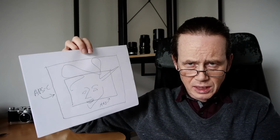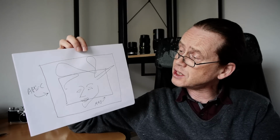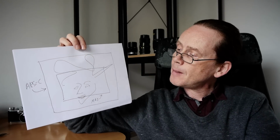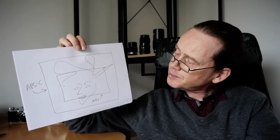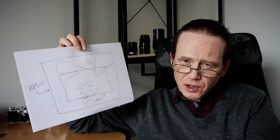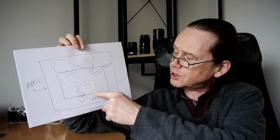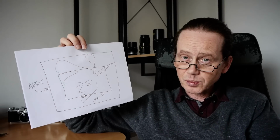Okay, so the lens is the same, the focal length of the lens is the same, but it's effectively changed. Here's our 35mm frame, here's our APS-C frame. APS-C is going to see about a third again as far, right? So your focal length is going to be increased by about a third or so on APS-C. On Micro Four Thirds, it's going to be increased by 100%. And that's all because those sensors are smaller than the 35mm piece of film that vintage lenses were originally